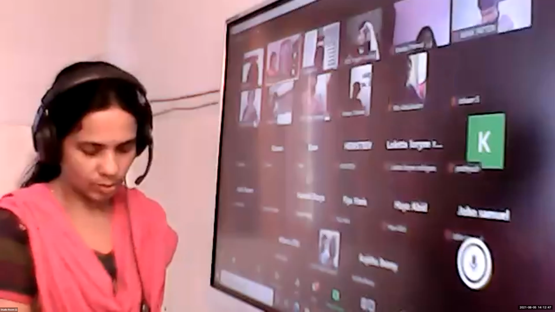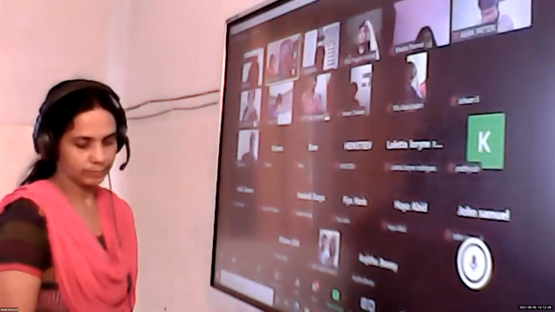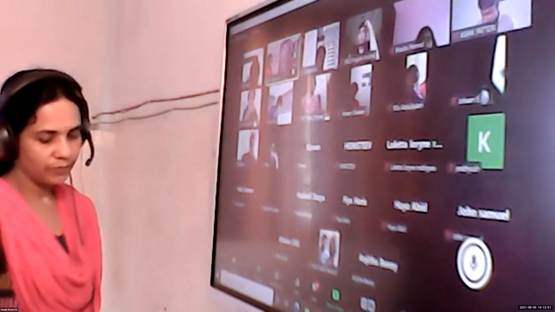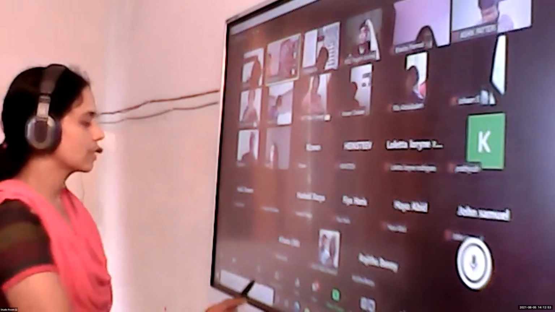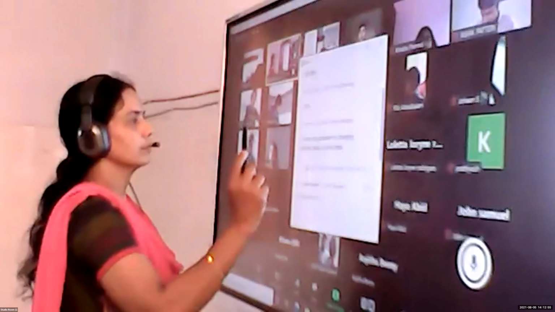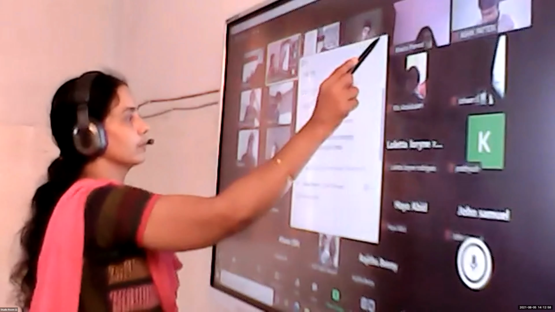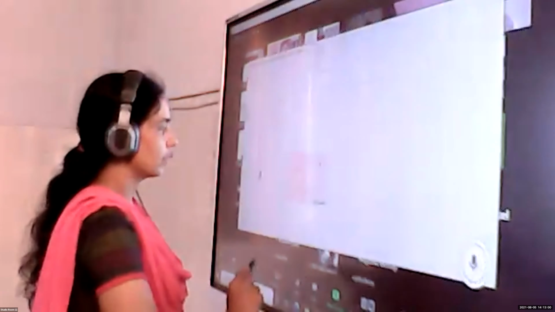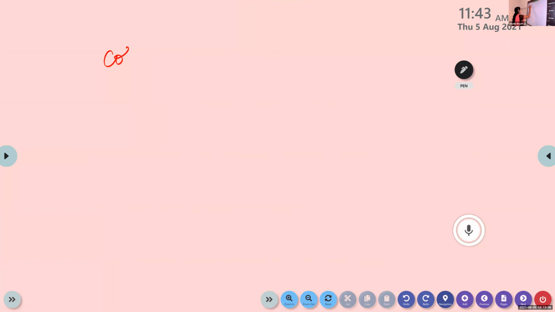Now write the next one. If cot theta is equal to 7 by 8, evaluate